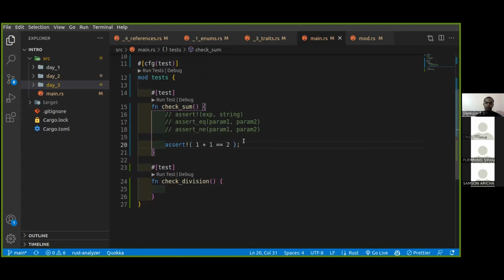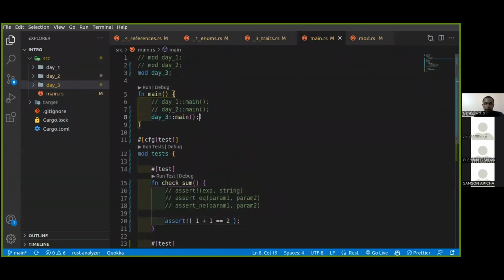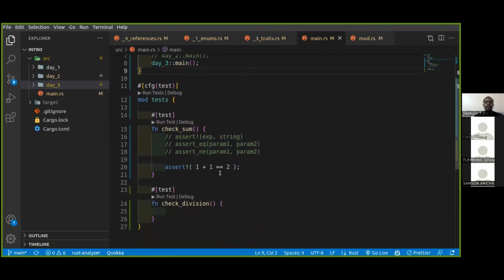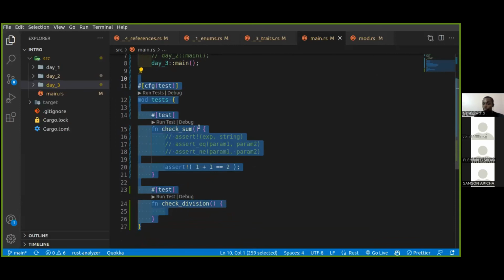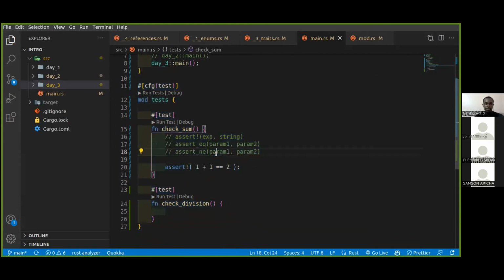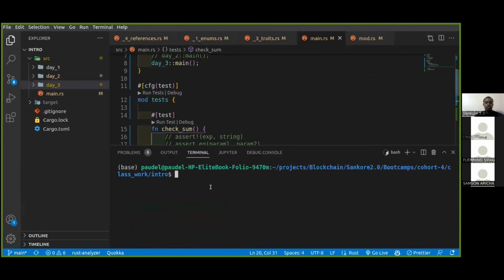So how do we invoke these tests, or how do we run these tests? Something to note is that when you run these tests, your code will not be executed. Whatever you have in your main function will not be run as we've been doing it before, because you're going to use a different command, which will explicitly run our tests and not our program, though all these are in the same file. So for us to do that, I'll head on to my terminal, then you're going to execute